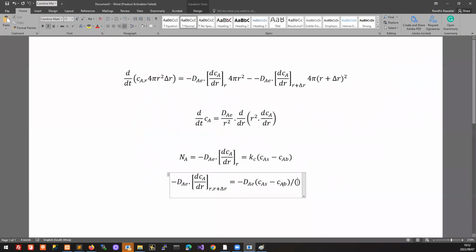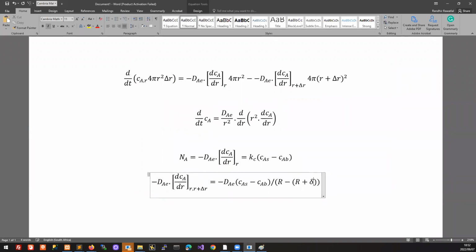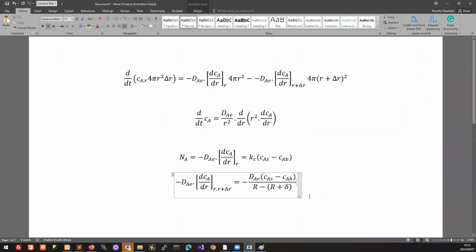So if we take that, at CAS, the position is R, and then at CAB, the position is R plus delta. So delta, it's the lowercase delta, right? So that's an estimate of the gradient. And so if we look at what's down here, this is nothing but a delta, right? So we can rewrite this as